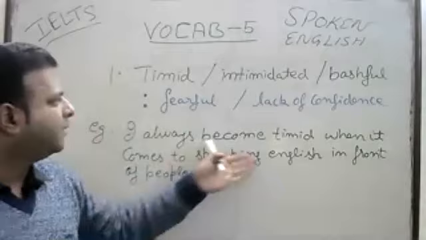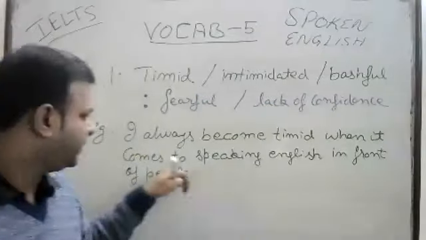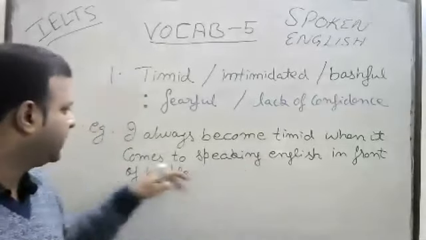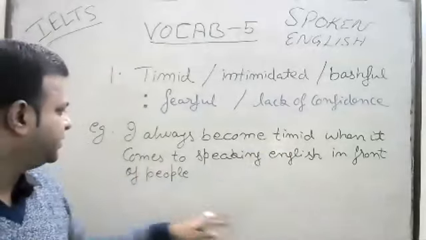So I always become intimidated, I always become bashful when it comes to speaking. Now, this is a grammatical structure: when it comes to plus gerund form of the verb. So, when it comes to speaking English in front of people,